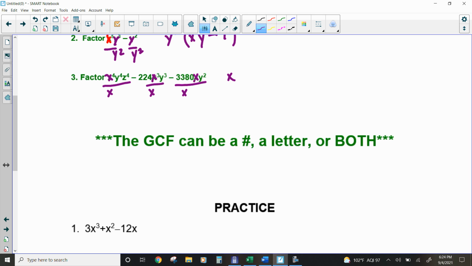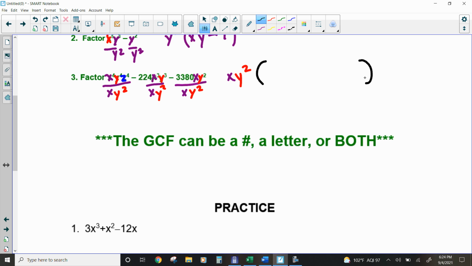And then I'm going to pull out the y's if I can. So I'm going to look at the y's now. So this has a y. This one has a y. And this one has a y. Lowest exponent is y squared. So I'm going to pull out a y squared. Pull out the y squared here. And then the last letter is a z. So this one has a z, but that's the only one that has a z, so I can't pull out any z's. So my GCF is going to be x and then y squared, so that goes in the front